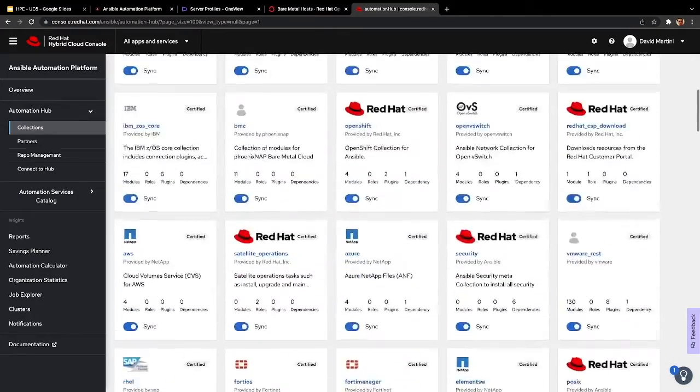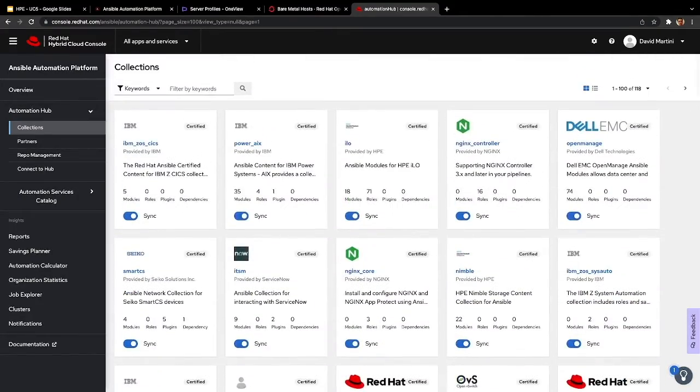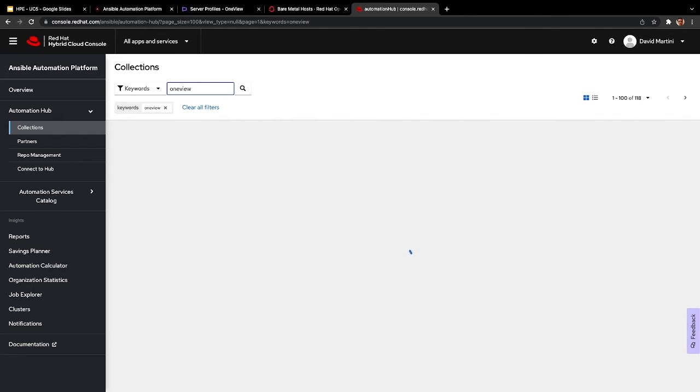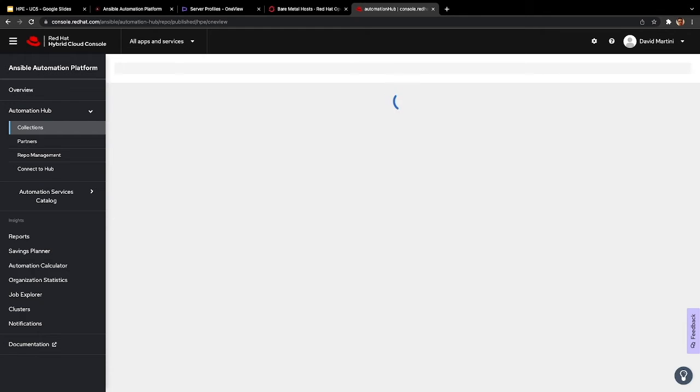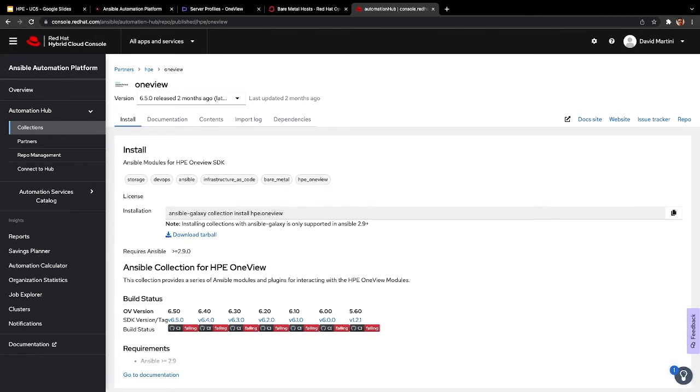To create the automation to scale my OpenShift cluster with OneView, I used the OneView collection. It's a certified and supported collection created by Red Hat and HPE. So this is the OneView collection.